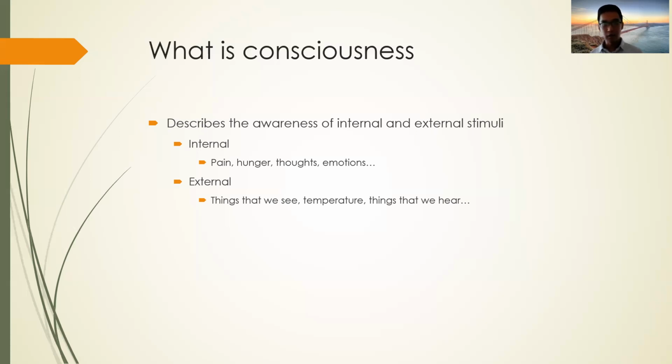External stimuli include so many things, like the things that we see, the visual sensory information. We can feel the temperature, and we can feel the texture of objects with our hands and other parts of the skin. Our skin can feel the temperature of some objects. Our ears can hear things, which is the auditory sensory information. And our noses can feel the smell.